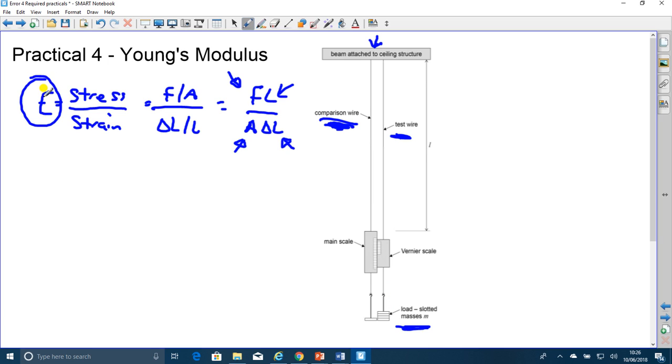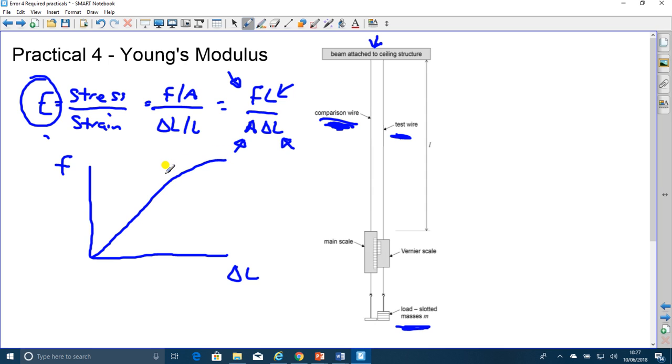Now, normally what we do here is you do a graph of, say, force against change in length, and that would give you a line which goes up. It actually would curve at the top, but you get a nice straight line here. And you can see then, you'd be able to work out from that, so if E equals FL over A delta L, if we make that equal